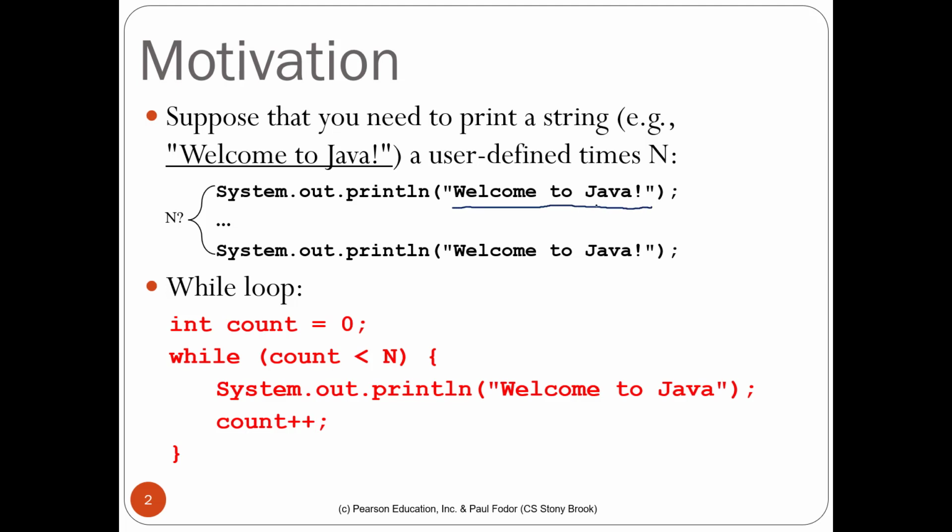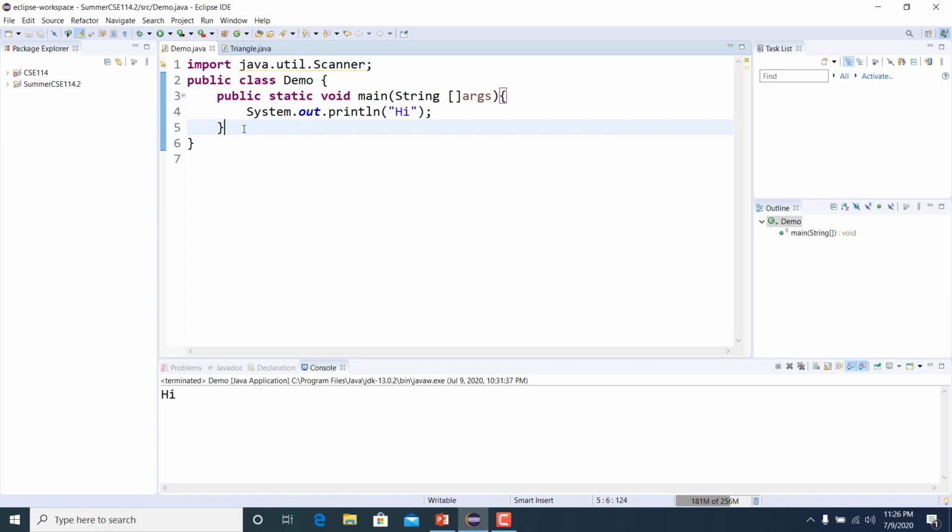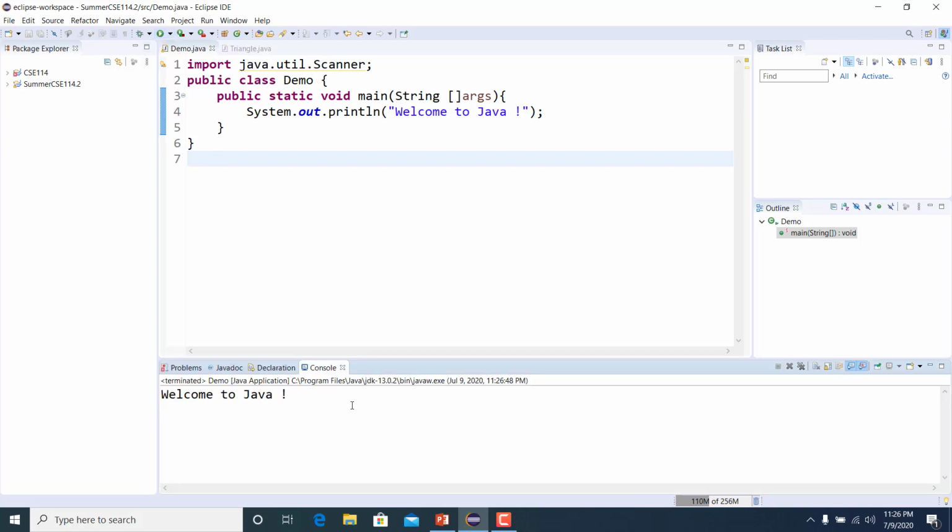So let me take you to Eclipse, and let's try to do it. Here I already have written system.out, so I should change that to welcome to Java. Okay, so we know that if I run this program, I should get one line printed out as welcome to